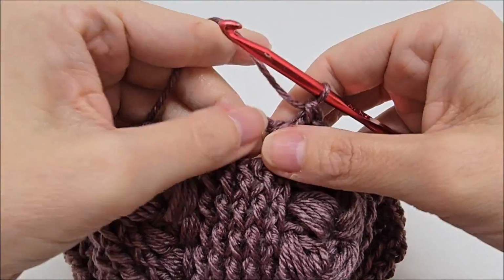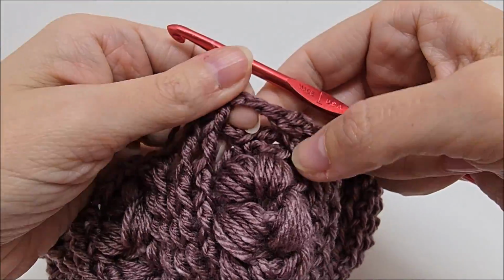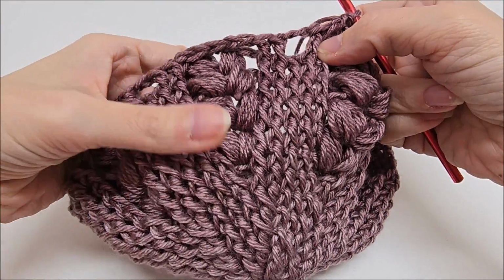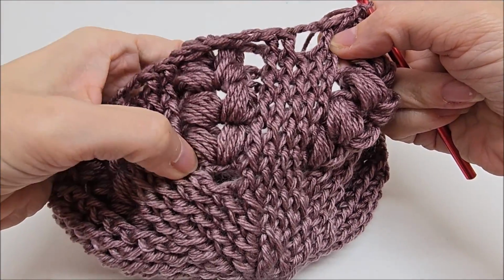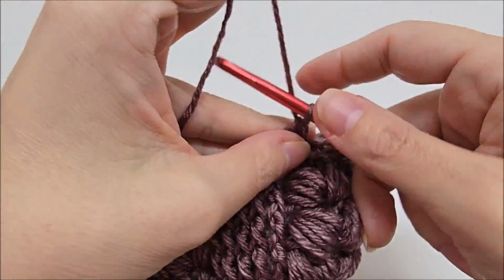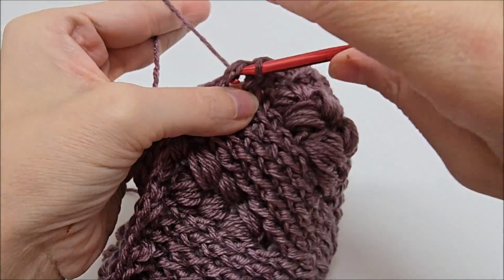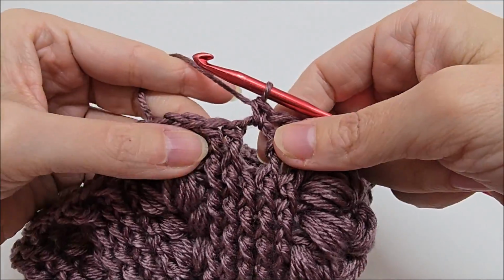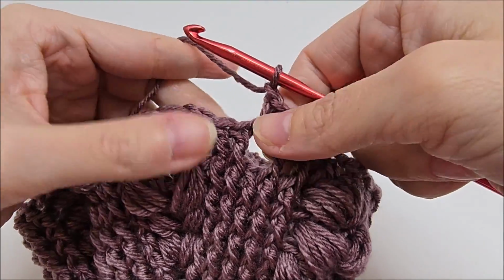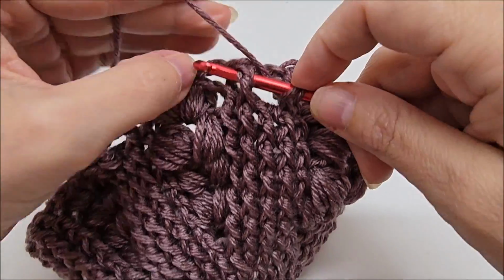And now we have to do the puff stitches right here, just like we did up here. So we're going to chain 1, single crochet into this chain space, because we got to work on that single crochet and make our first puff V. Chain 1 like that, and then we are going to front post double in these 2 right here,